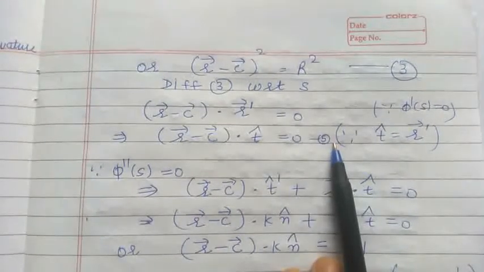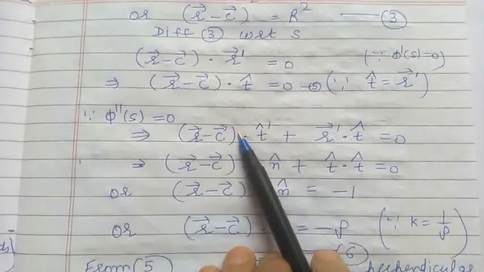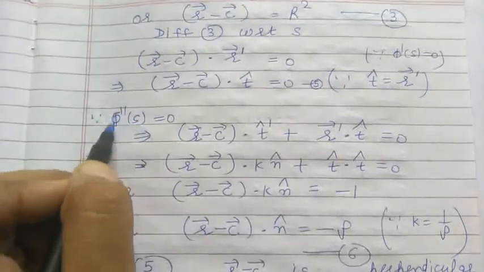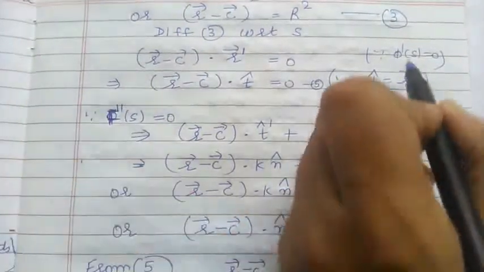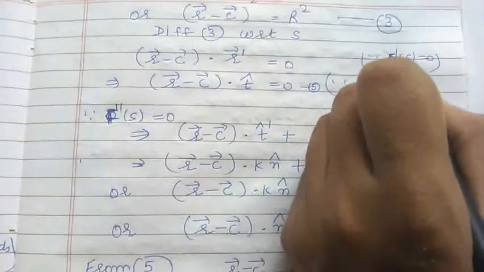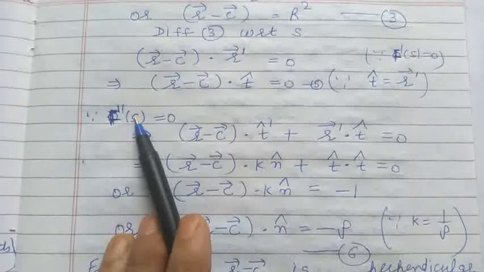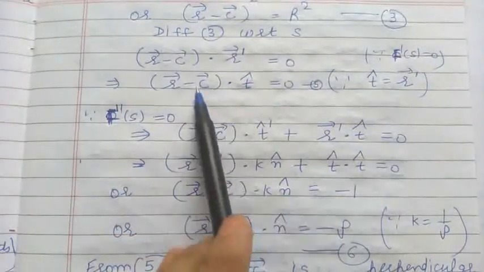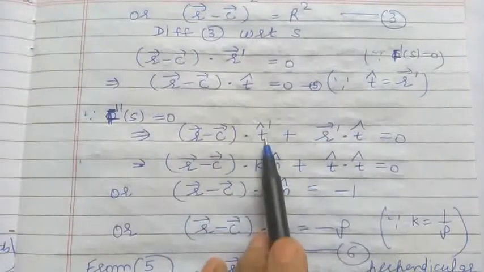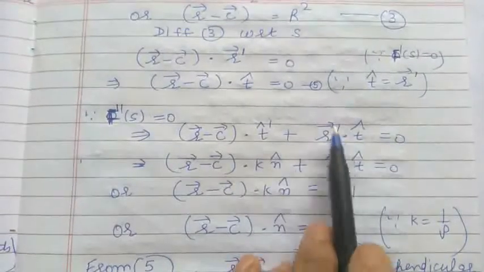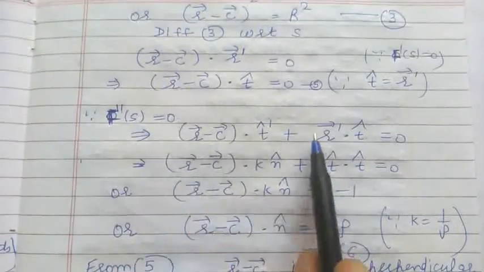Now again using the next condition. The next condition is that the second derivative of the expression, F double dash (s), is also 0, and here also we have F dash (s). So from here F double dash (s) is equal to 0. So use this condition again by using the product rule here. First function as it is, the derivative of t cap with respect to s, plus t cap as it is, the derivative of this expression, the derivative of vector r is r dash.